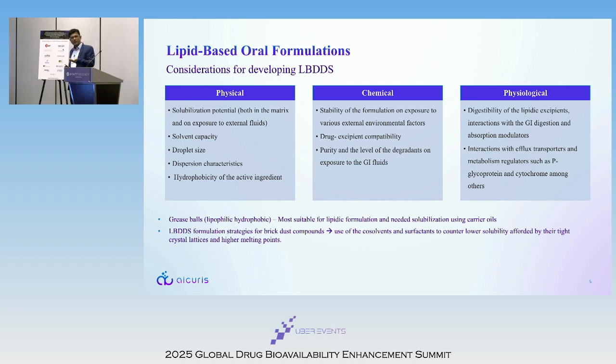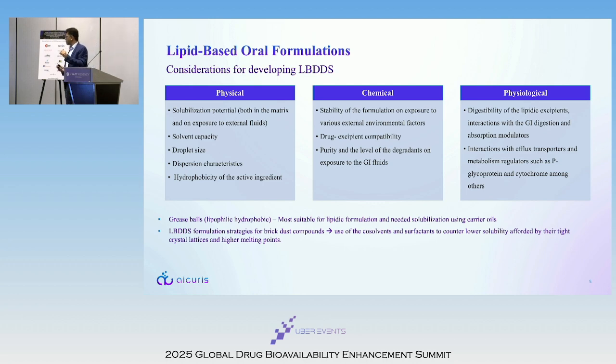Once the lipid-based system is dispersed, what kind of globules you are able to get. And of course, hydrophobicity of the API is also of relevance, because often we talk about the lipophilicity, but we have to also check whether it has any affinity towards the given lipid, and that is also something quite important to understand. Chemical stability aspects are also quite important, because often some of the APIs are not quite stable in the given lipids. So the drug excipient compatibility data at early stage is also important.